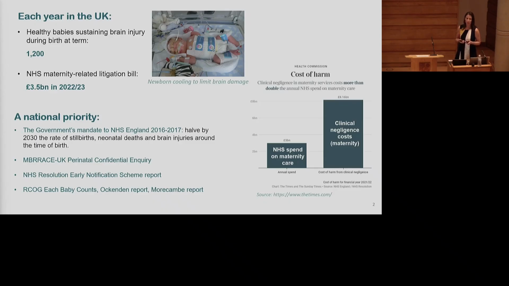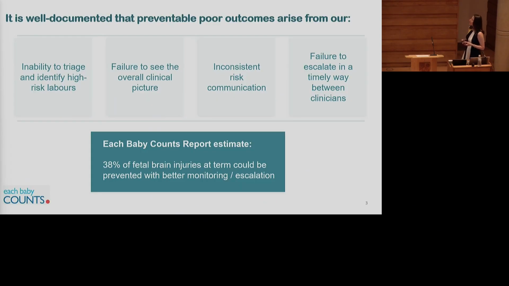We are probably the country with the best understood brain injuries in term babies possible. We've investigated cases nationally and studied what happens, what goes wrong. And the Each Baby Counts program was a national initiative run for 5 years, persistently trying to evaluate what happened for all term babies born with brain injury. And they ultimately conclude, with investigation per case, that about half of them are preventable for term babies in this country. And around 76%, or the majority of those, relate to